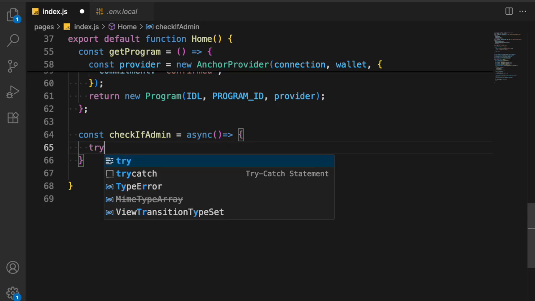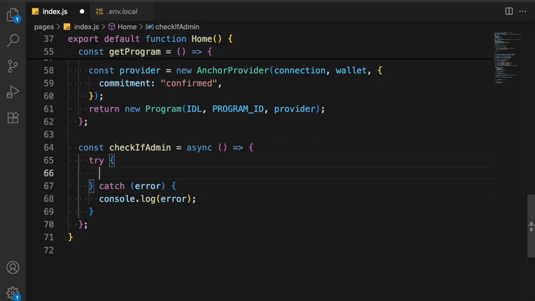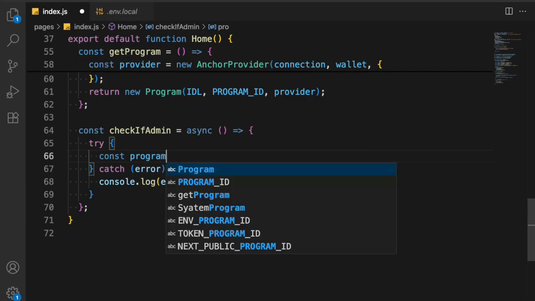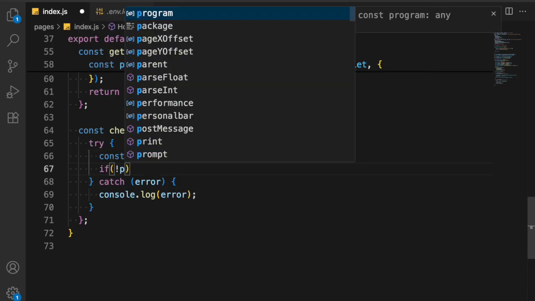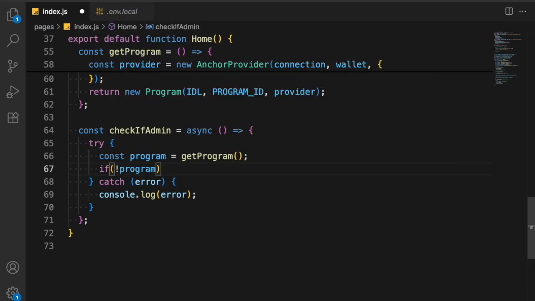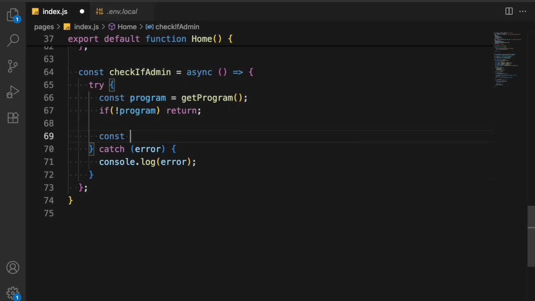We'll take the try and catch, and in that we're going to simply console log out the error if there is an error. Now we can come back here. First we have to get the provider. So we'll first check the provider, and that's coming from our function. We'll say if provider exists, then we want to continue, otherwise we want to return nothing. Then if we have the provider, we have to simply deal with the actual functionality, and we'll take this data PDA